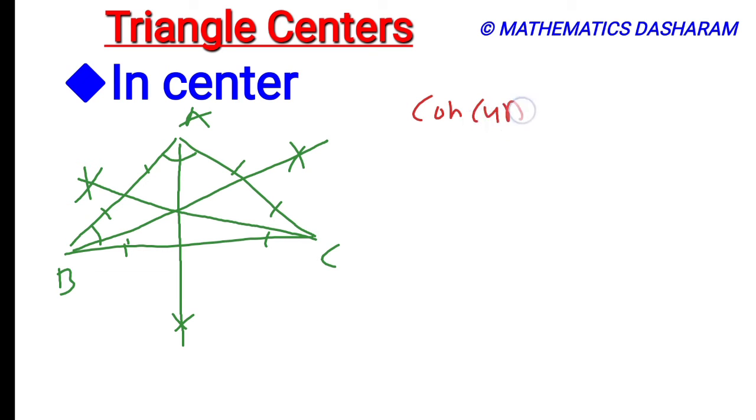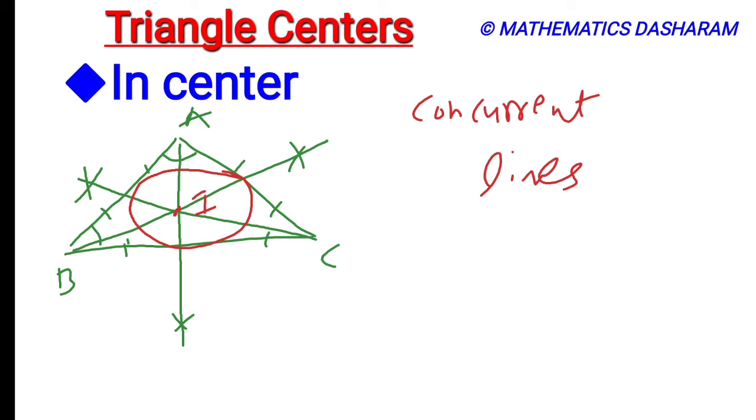So then the 3 lines are called concurrent lines, and the point of concurrency is called the incenter, and it is denoted with a capital I. Consider this capital I as the center of a circle. Then we can draw a circle which touches the 3 sides of the triangle, and the capital I will be equidistant from the 3 sides of the triangle.